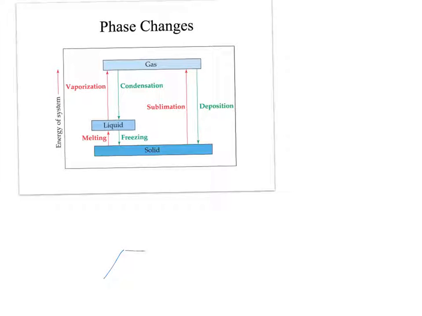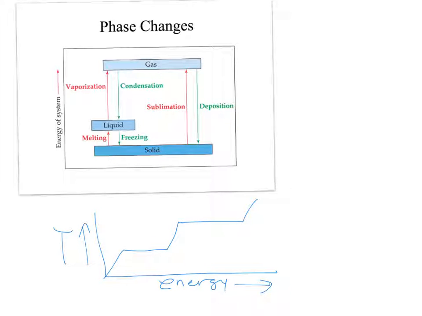Another way, when we showed this last year, was with a heating or a cooling curve. We drew something like this. You drew it in my class. This is energy increasing this way. This is temperature. So as you add energy, as you go this way, this is a solid. You're solid here. At some point, you start melting. While you're melting, the temperature does not change because the kinetic energy is no longer increasing.